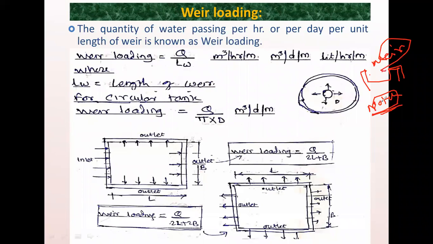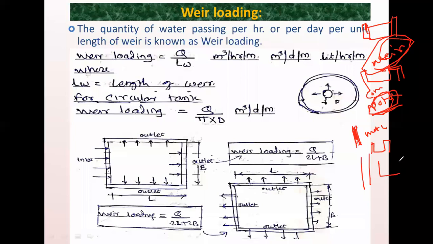But notches are generally made up of a metallic plate or any other substance and are thin in size, their thickness is small. But weirs are generally made up of concrete, and they are larger in size. Weirs are generally used for measurement of discharge in canals or rivers, and notches are used for smaller channels, or channels in the laboratory. Notches are generally used for measurement of the discharge there.